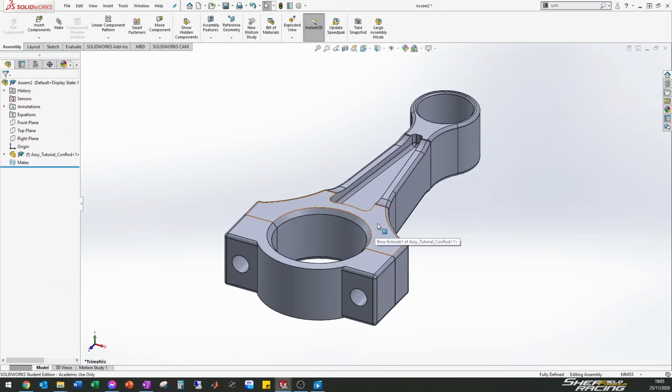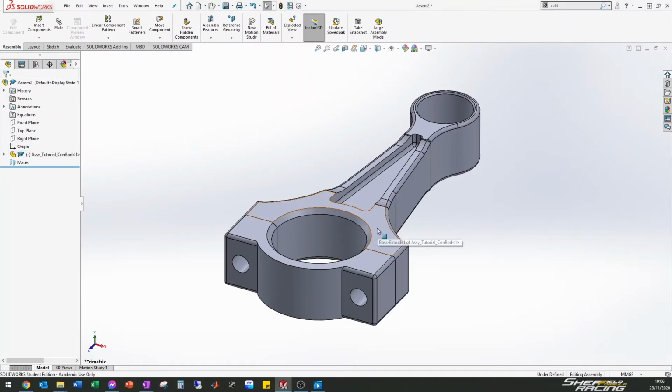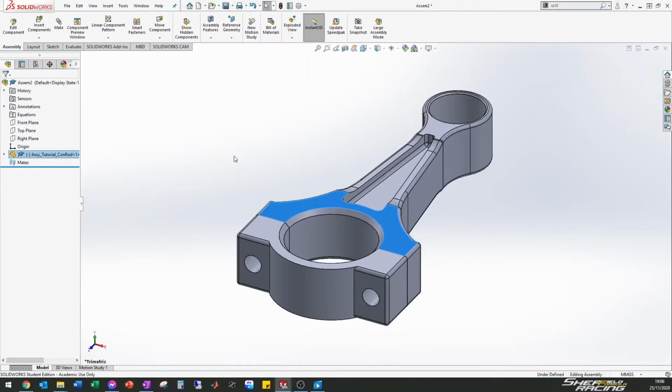So I need to now right click and make that float so I can constrain that properly where I want it. So I can now move this anywhere. If I insert a mate, that is what constrains the parts within an assembly. So if I click Mate,